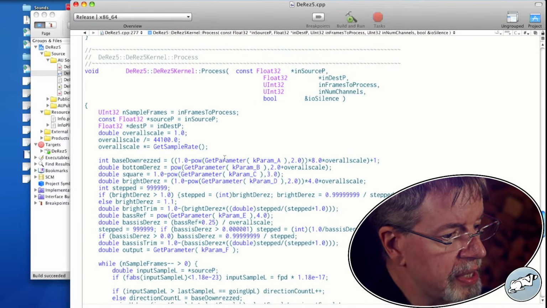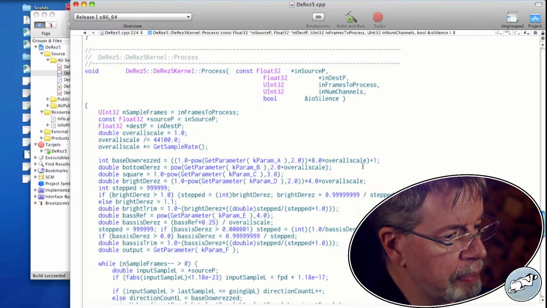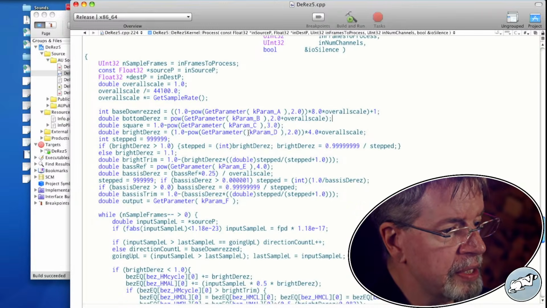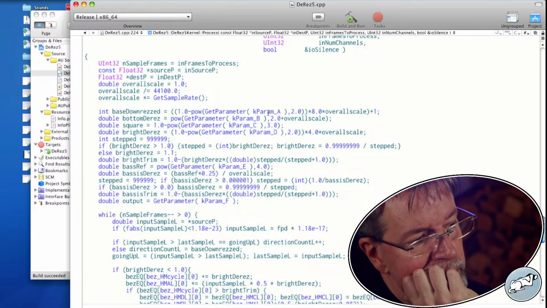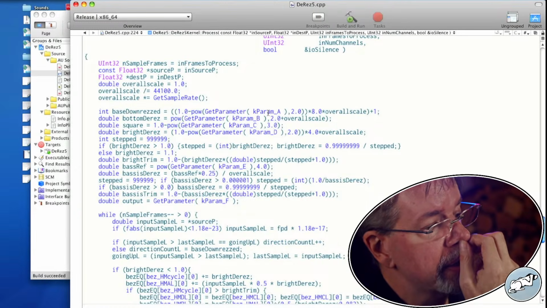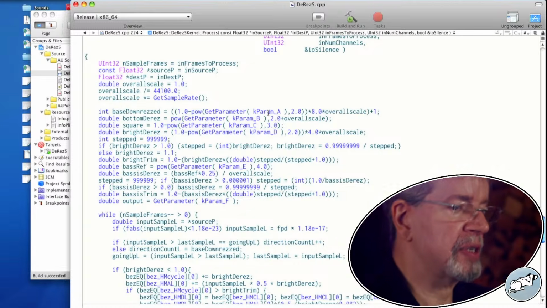So base down res, that's where we started. Bottom deres continues to get smaller as we go, at its highest setting. So let's see.